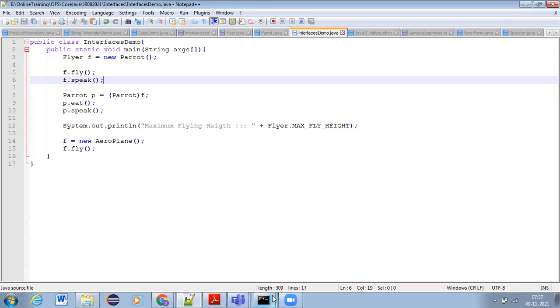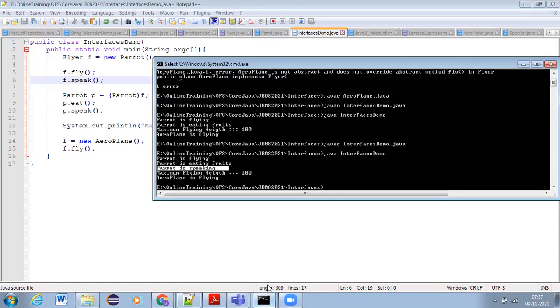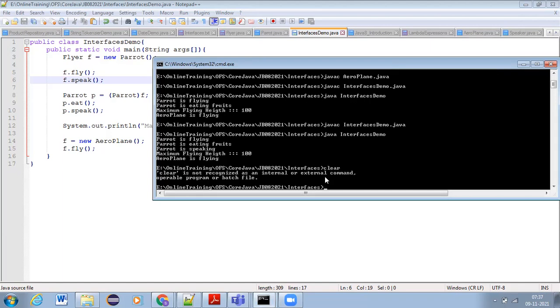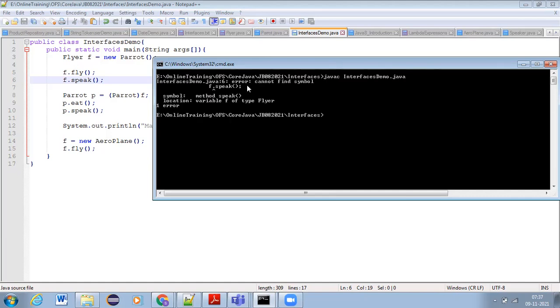F.speak, if I write it, see, if I try to compile, what happens? You see, InterfaceDemo.java line number 6, error: cannot find symbol f.speak. Why is it not finding the symbol?